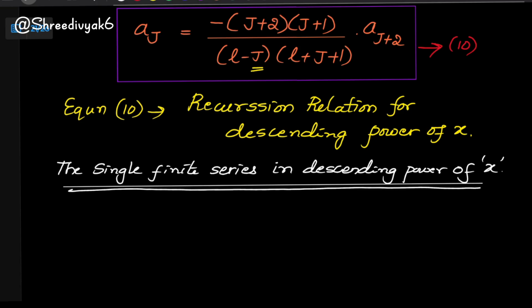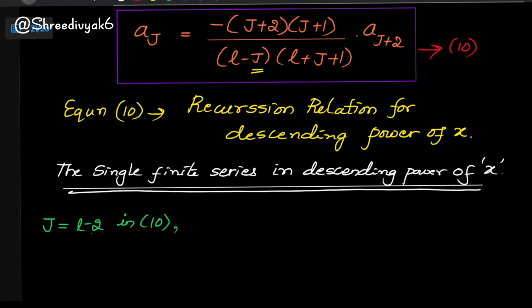So for that I'll put the value of j as j equals L minus 2. Now if I substitute the value L minus 2 in equation 10, what will be my coefficient? I'll get the general coefficient